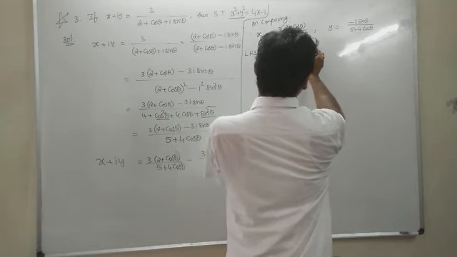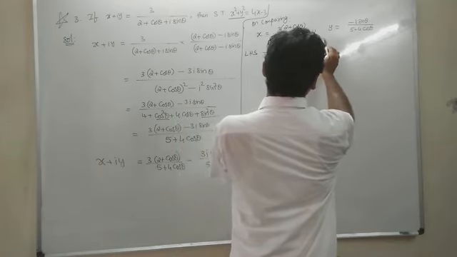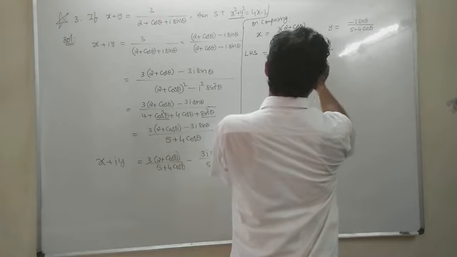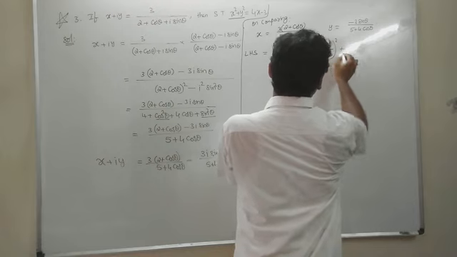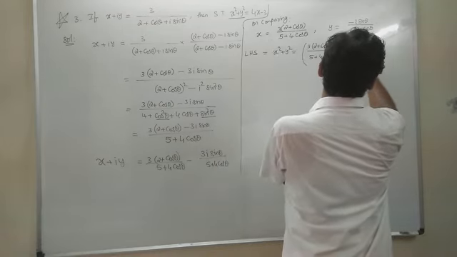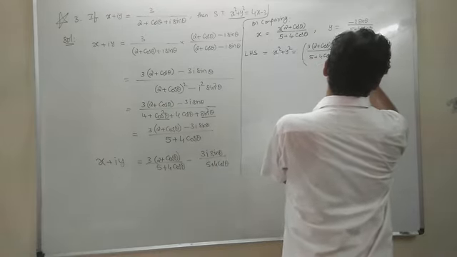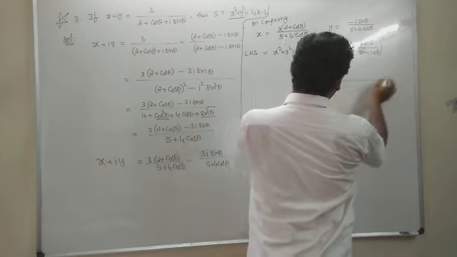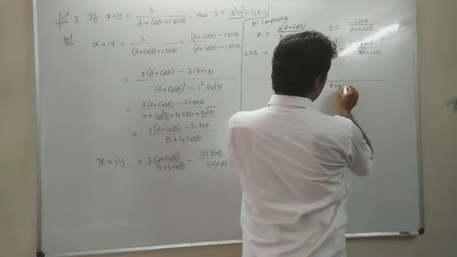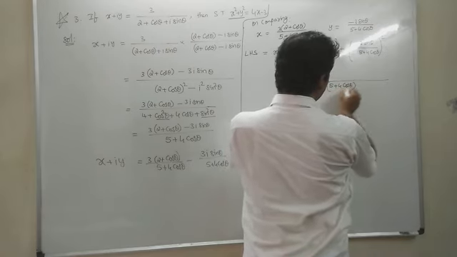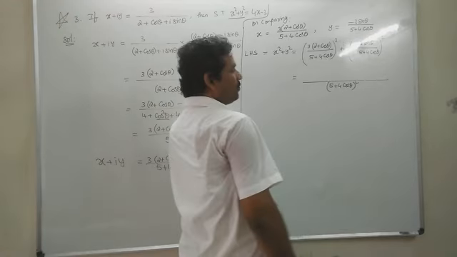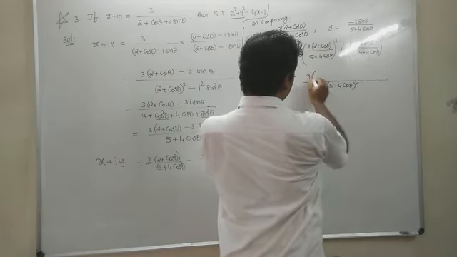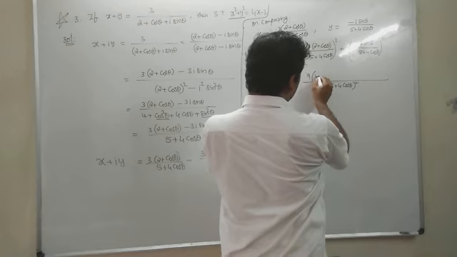That is 3 into 2 plus cos theta by 5 plus 4 cos theta whole square plus minus 3 sin theta by 5 plus 4 cos theta whole square. So now the denominator is 5 plus 4 cos theta whole square. That is the denominator. What is the numerator? 9 into 2 plus cos theta whole square,